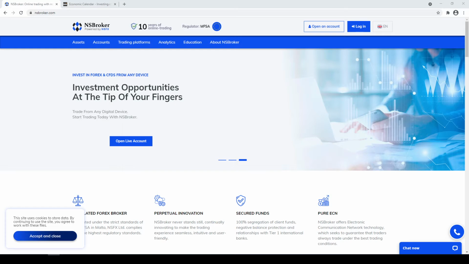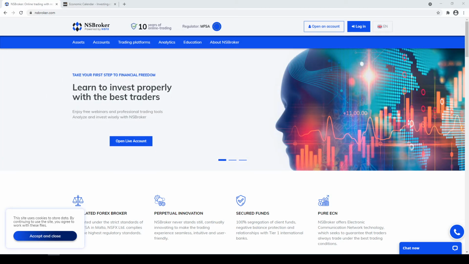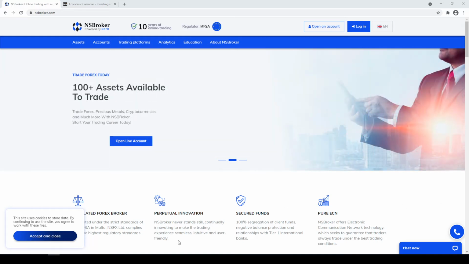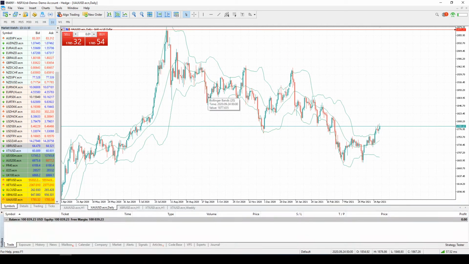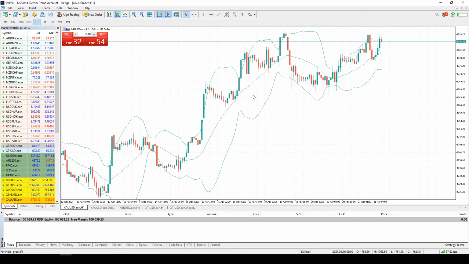Later we'll switch to MetaTrader 5. But firstly, I'd like to discuss the main factors that drive the gold price. So here we have gold. I opened some different charts with gold in order to compare what happened in the past, like the daily chart and the current situation of gold. I'm going to inform you briefly what factors and aspects drive the gold price.